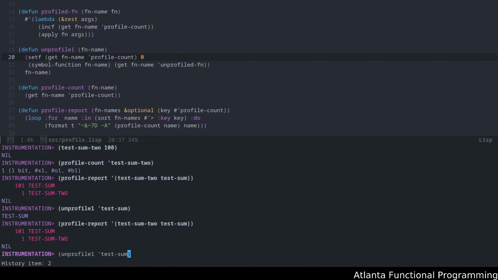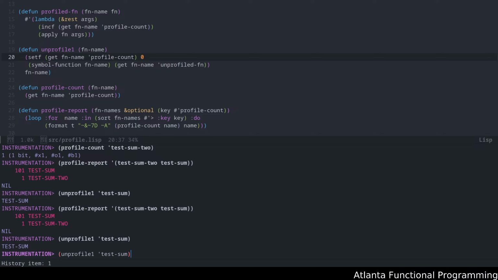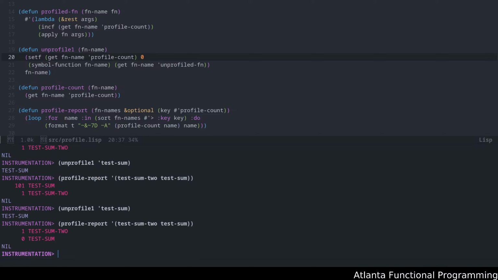So now do this. Okay, unprofile. Perfect. Okay, so now this is guaranteed to always do that. So we now know that even though test sum is in the list, it doesn't have any information because we've reset it when we unprofiled it. Also, let's go ahead and unprofile one.